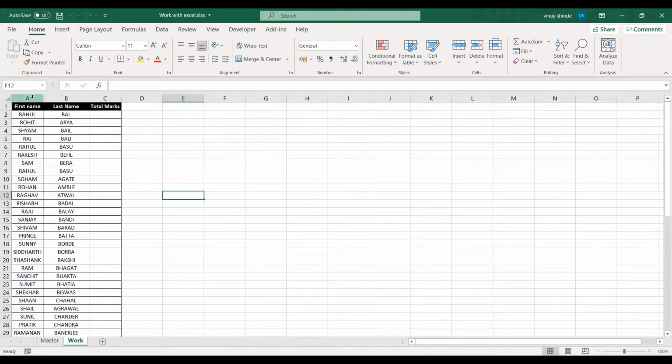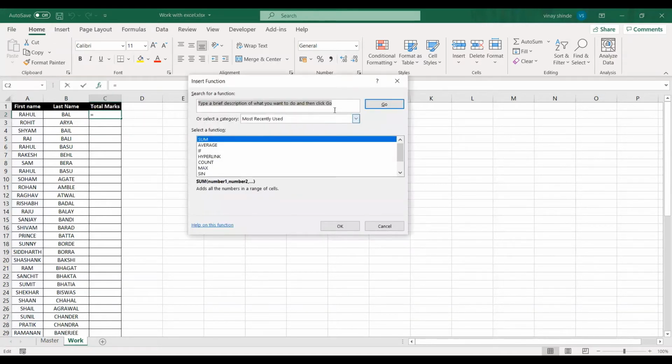Now you can see here in the worksheet, there is first name, last name, and total marks. I want the corresponding total marks for this student, that is Rahul Bal. Okay, so a simple VLOOKUP formula. You can use VLOOKUP from two locations. The first one, you can write the formula, or second, you can use it from here, FX, you can see formulas. One window will open where you can put your values. So first, let me show you using FX. This is very easy. So I'll go here, FX.